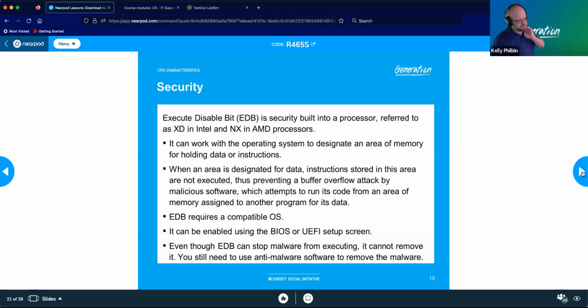All right. This is something that can be enabled within your BIOS or UEFI screen. And the nice thing is it can, in large part, stop malware from executing. Now,